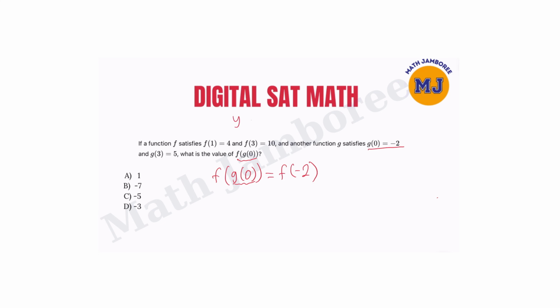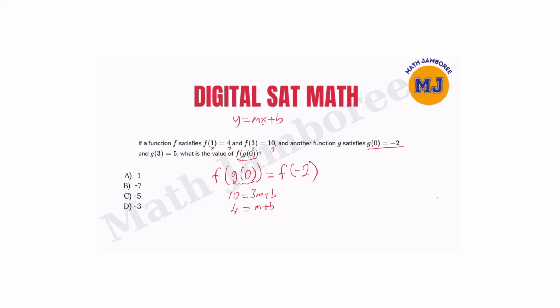I'm going to suggest you to use y equals mx plus b format for the linear functions. In this case, this is the x value, this is the y value. So if you will rewrite the equation, and here is the same thing for the x, and this is the y value. I'm going to start writing from the second one. So 10 is equal to, instead of x, I'm going to put 3 in here, 3m plus b. And I'm going to write the first one. And the first one is given, y is given as 4. For the x, we'll just substitute